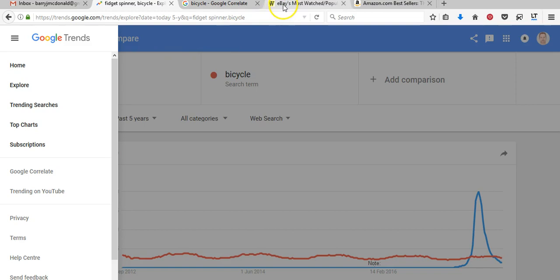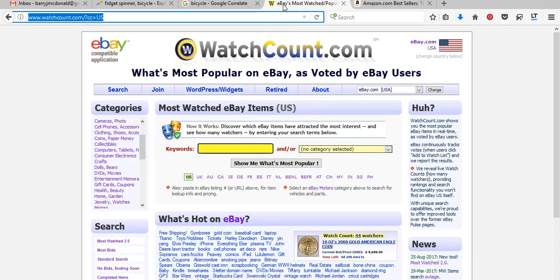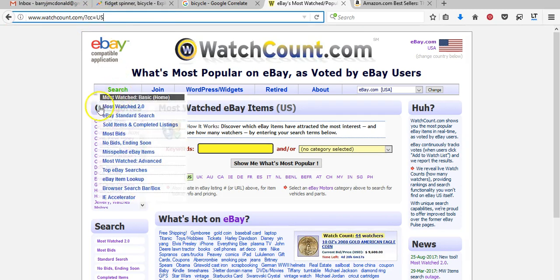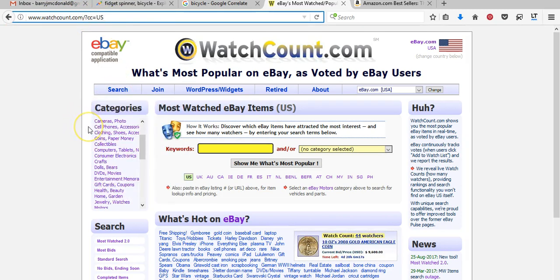So then I had mentioned too, if you were interested in checking out what was on eBay, again, if you're creating articles for somebody that had an affiliate product or was selling eBay items, if you come over to watchcount.com with cc equals US, you can search for the most popular items. So for example, you can actually search by eBay store, depending on what country you're going to choose. I'm just going to stay with the US. I'm just going to type in the word camera.